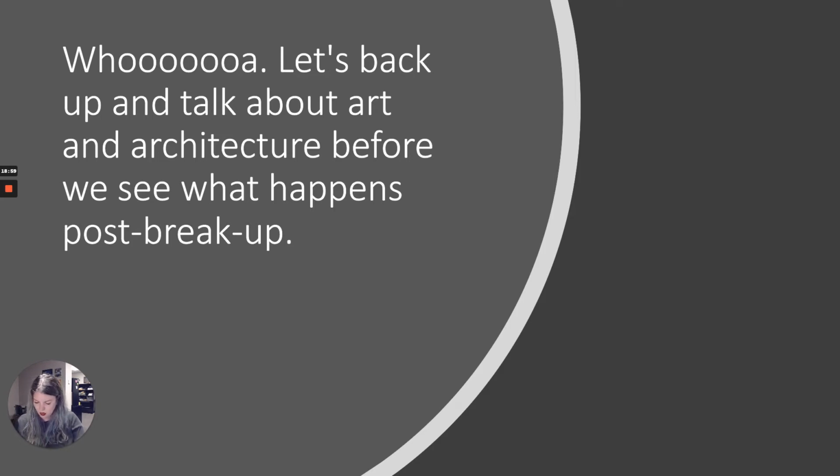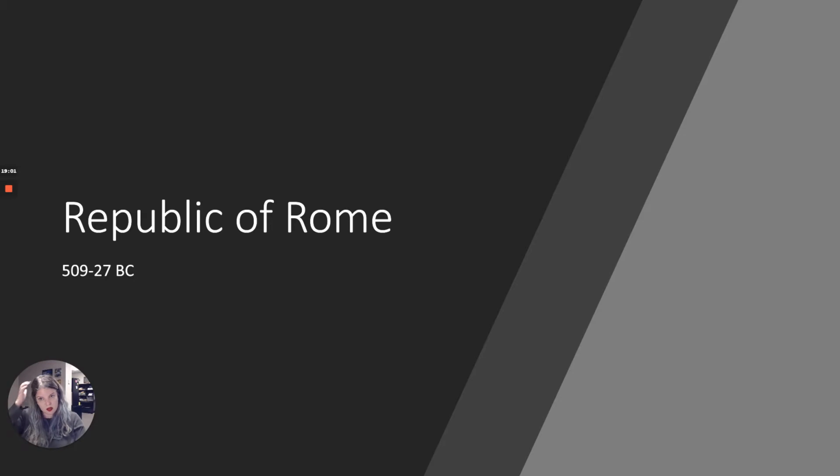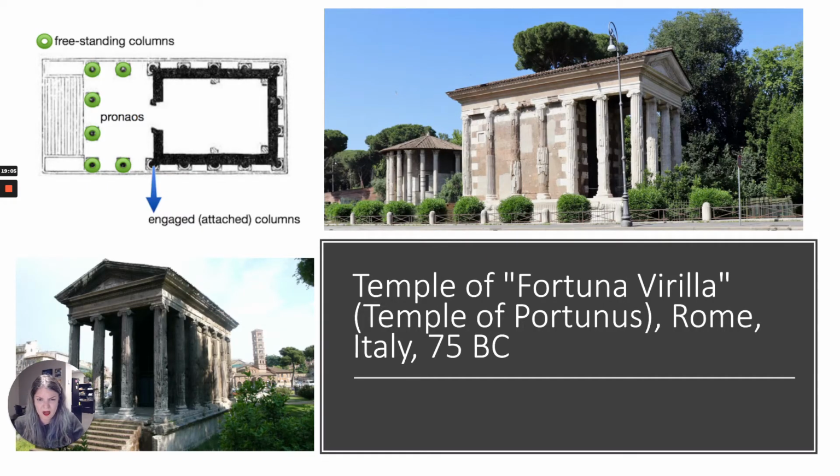Okay, so let's look at some art. So we'll start in the Republic of Rome. This is the Temple of Fortuna Virilis. It's originally called the Temple of Portunus. So this is a really interesting building, and having just watched the Etruscan lecture, you can probably recognize some aspects